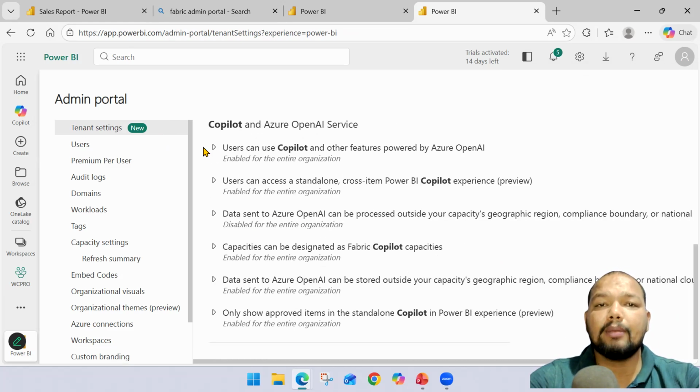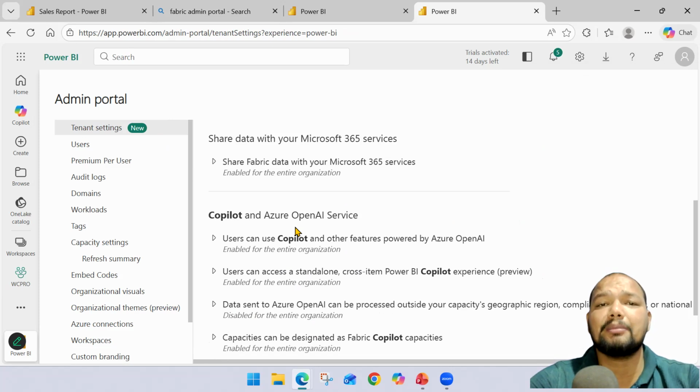So you need to enable all these options. The one for outside of your geographical region, if you want to enable it, is completely conditional. The rest of the things are enabled. So Copilot is enabled. I mean, the settings are enabled for me. But